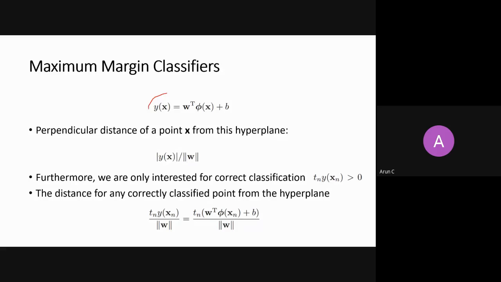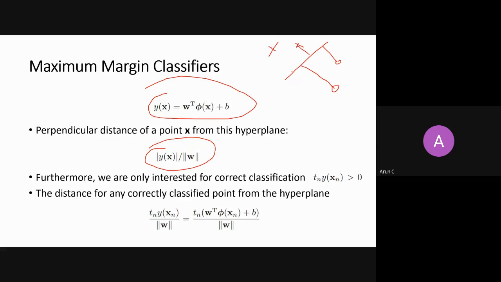This is a hyperplane. This is a perpendicular distance from the hyperplane. We have already discussed. So now let's say you want to find out the perpendicular distance of the hyperplane for each of the points. There are some points here, there are some points here. So you want to find out a perpendicular distance for every point. This is distance 1, this is distance 2, this is distance 3, this is distance 4. So you are calculating distance one by one.